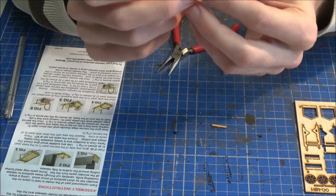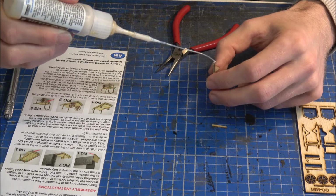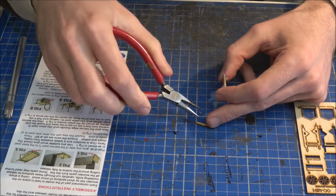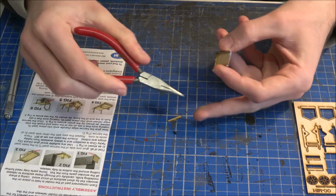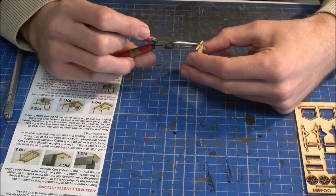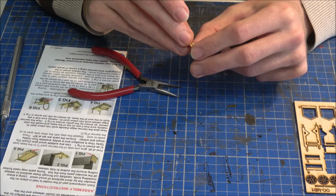So let's get that done. And again, I think I'm going to have to leave this a little bit longer just to allow the glue to go off again. And again, I'm just going to use my little pliers there. Trying to do things one-handed is never a good sign. There we go. Right, so now that goes on the end like so, and just line it up and press it in,